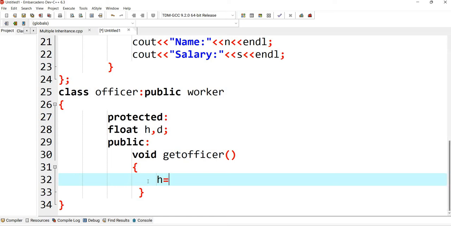So HRA here, H equal to, I'll make it float, so I'll take it float.